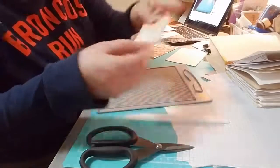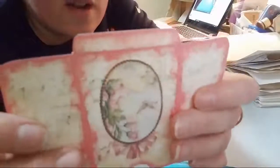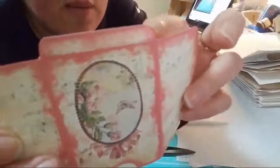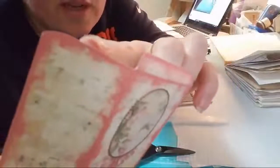Okay, so before we start gluing everything together, I'm not a good fussy cutter. So this has some white right here. This is not really like rounded properly. This one is definitely like not cut right. So what I do